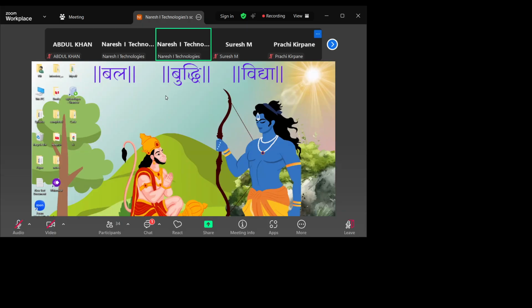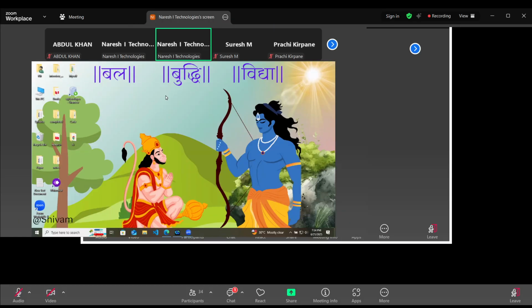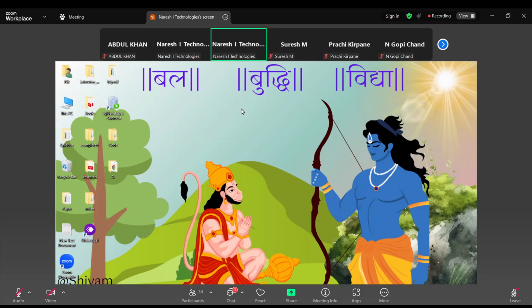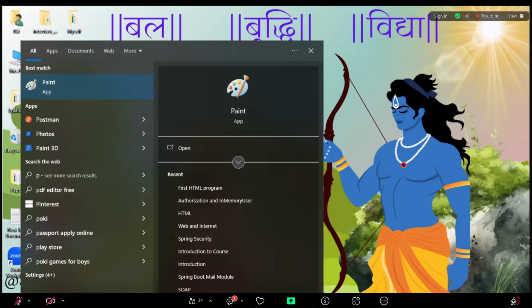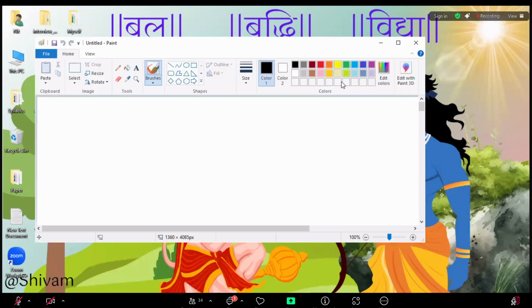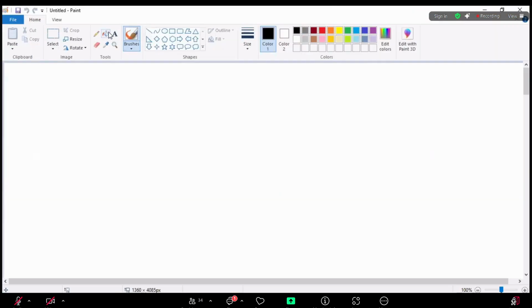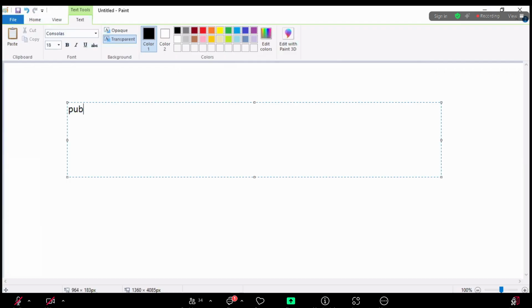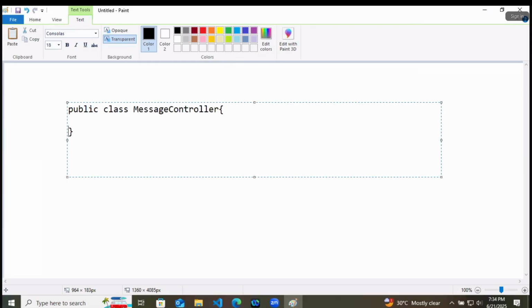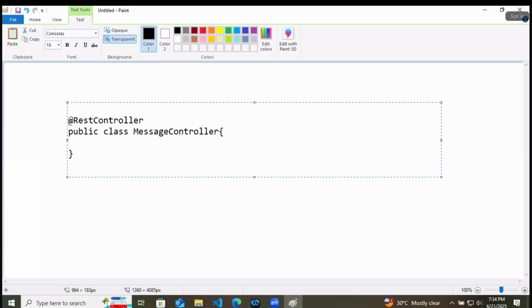After deploy, the CORS error is coming, that is the cross-origin error. For resolving this error, what you have to do is in Spring Boot, wherever you are having the message controller class or home controller, whatever class you are having, and you are annotating the class with REST controller, you have to give one cross origin to it